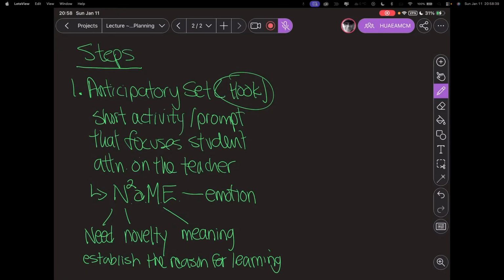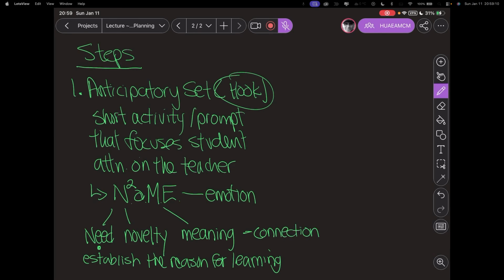And so it evokes the brain to start thinking, right? So whatever the need is or the reason that you can find to hook students with this, that's kind of the important part. Okay, now I'm going to leave novelty till the end, but we can talk about meaning for a second. So when we talk about meaning, right, is there a connection?